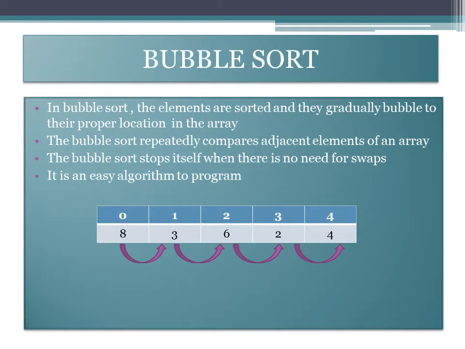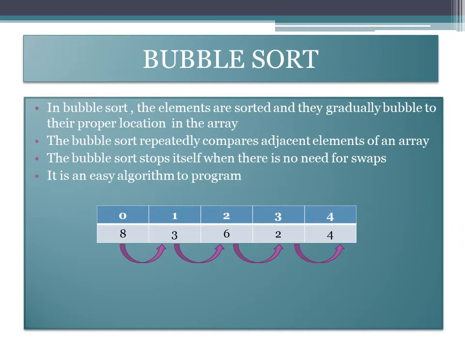What is bubble sort? In bubble sort, the elements are sorted and they gradually bubble to their proper location in the array. Now imagine a bubble in each array. This is the image of an array. Here, if you imagine, it's more like in the form of a bubble. With these arrows we can understand that in bubble sort, the values are repeatedly compared with adjacent